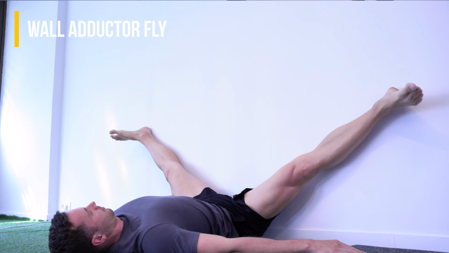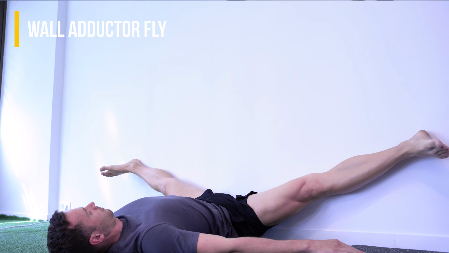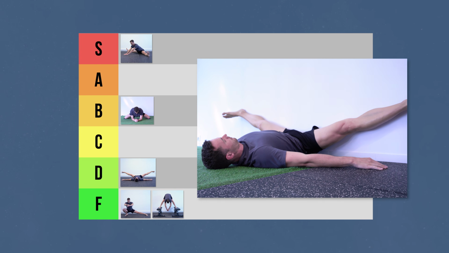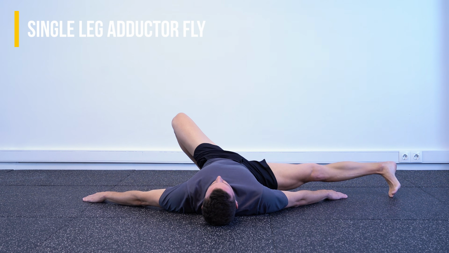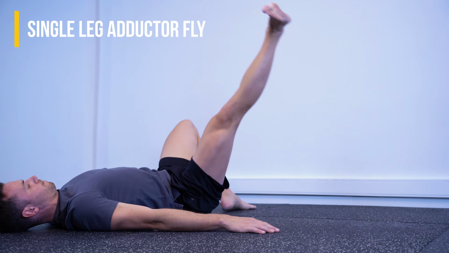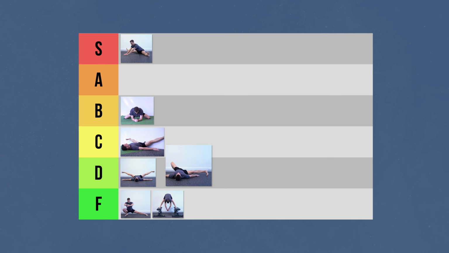Its wall-supported version limits the systemic fatigue on the hip flexors and for this reason takes a higher ranking. However, I rank it only to C since there are no easy ways to progress other than weights, which, as I explained earlier, it's a terrible choice. Also, its single leg variation can only be performed dynamically and with no easy way to progress. It's a brilliant exercise for end range strength and personally, I use it every week. However, I'm already flexible and I didn't get flexible with exercises like this one. The single leg adductor fly goes to D.